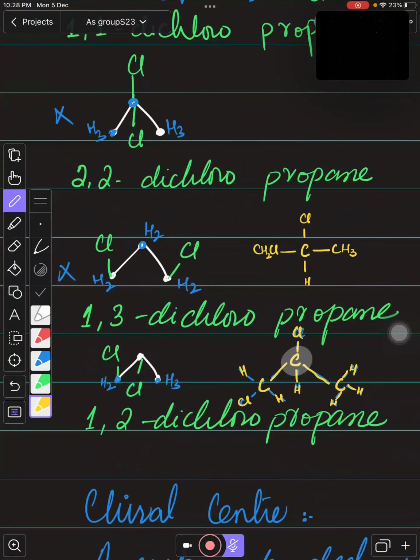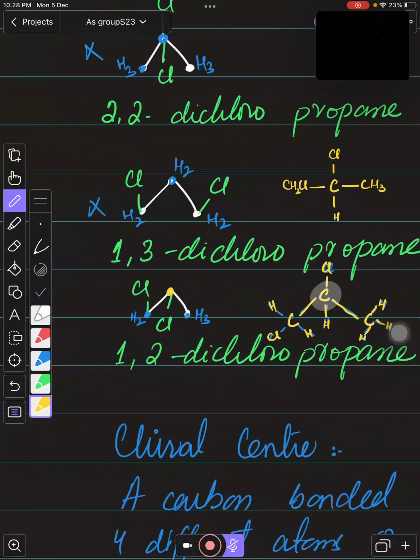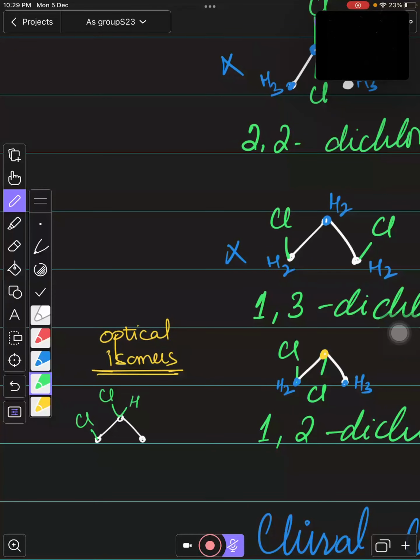So this one can show optical isomers, and optical isomers बहुत आसान है. अब इसको कैसे बनाओगे, इसको आप ऐसे बनाओगे, देखो इसके ऑप्टिकल आइसोमर्स आप बनाएंगे कैसे। ऑप्टिकल आइसोमर्स बनाते वक्त आप हाइड्रोजन दिखा सकते हो, ठीक है ना, तो आप ऐसे बनाओगे, देखो ये इसके कार्बन है 3, ठीक है ना, उसके बाद यहाँ पर इसके पास Cl लगा हुआ है और एक Cl इसके पास यहाँ लगा हुआ है, ठीक है ना। अब यहाँ पर आप हाइड्रोजन दिखा सकते हो क्योंकि आपको इसका ऑप्टिकल आइसोमर दिखाना है।